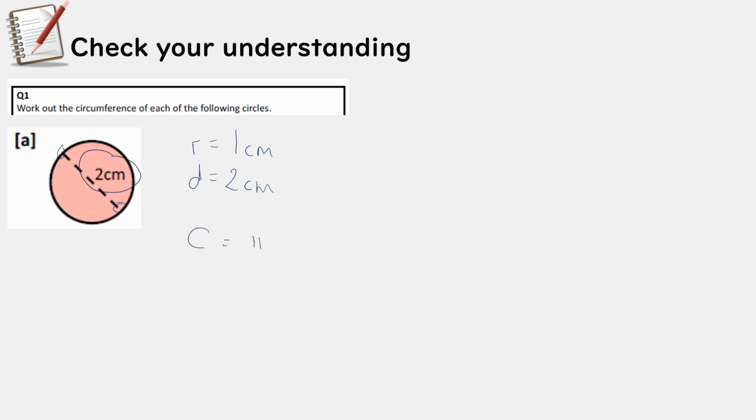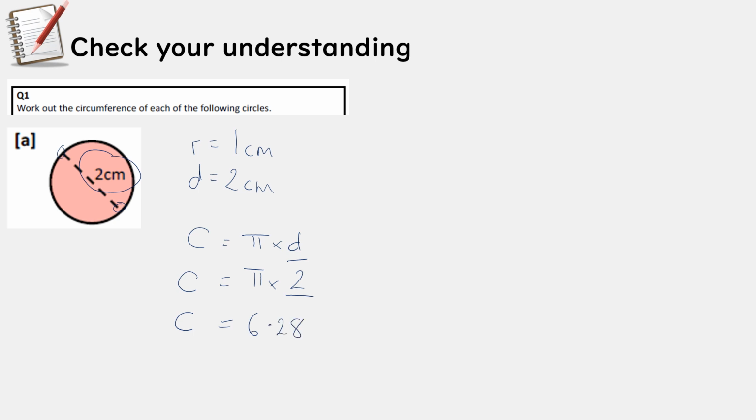Circumference equals pi times the diameter. The diameter I've written just above is 2 centimeters, so I've replaced diameter with the number 2, and then we plug it into our calculator. So pi, or 3.14, times by 2 gives me